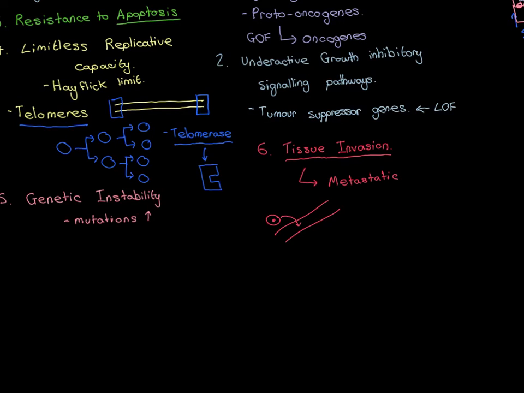It gains the ability to go into blood vessels and then circulate in those blood vessels. So here it comes, circulating in the blood vessel, and then it can go far off at a far off site, and then it can come out of the blood vessel, and then it can establish itself at the far off site, and then set up another tumour in this far off site